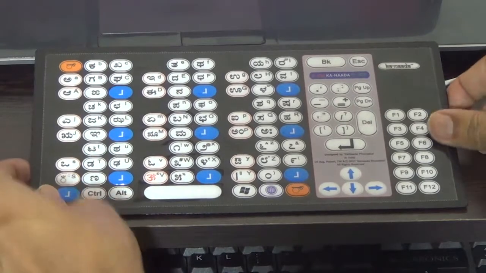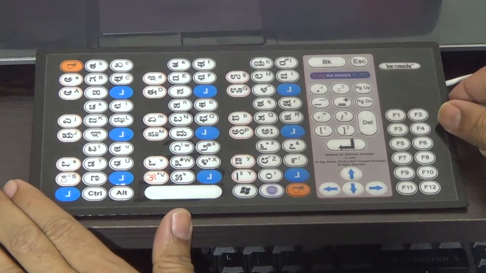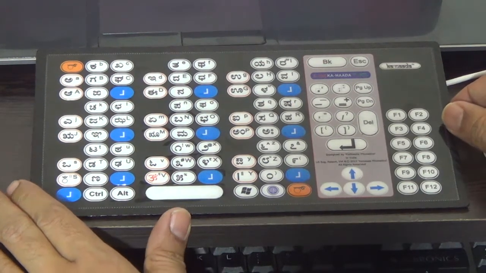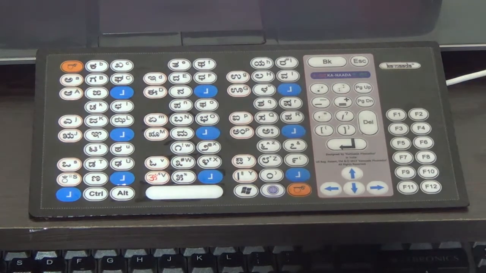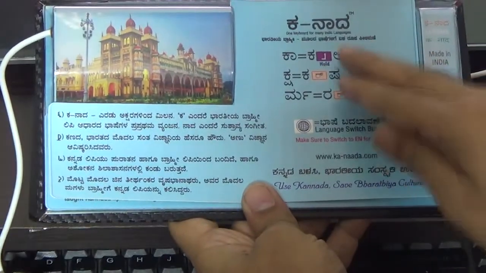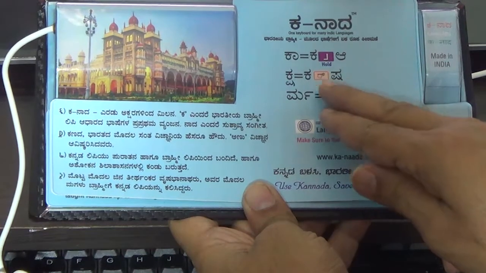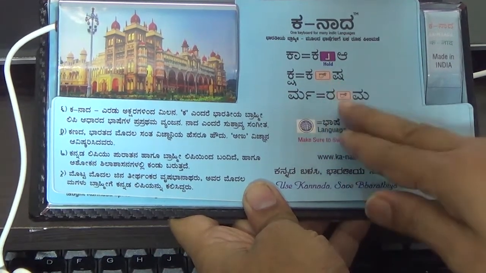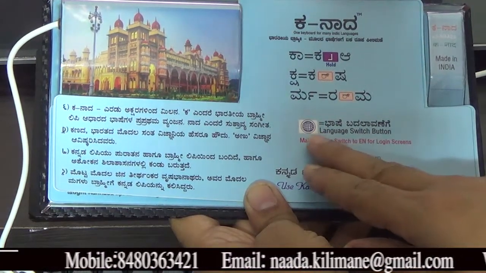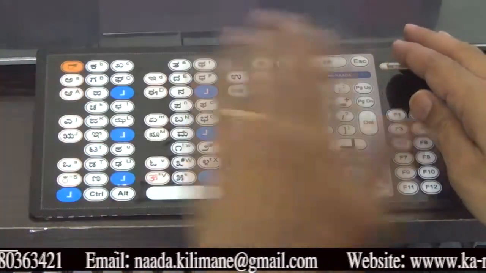So I want to briefly go over the layout for this keyboard, and it's slightly different from QWERTY. This is a unique layout that we have designed for Indic languages. If you have unboxed and gone through those instruction lessons, we have already told you about the special keys. One is to join or combine, one is to add consonants, the orange button, and we also have a special button to switch languages. All right, so those buttons are distributed in this keyboard.